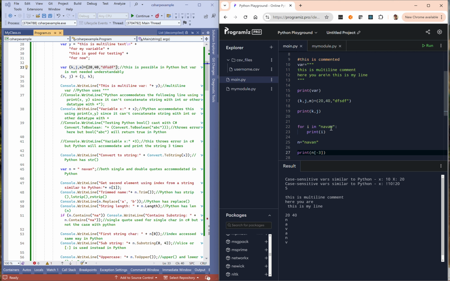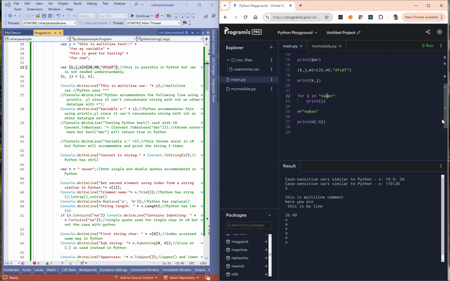So n here stands for -1, -2, -3. So the reverse is also possible, like how you do 0, 1, 2. So reverse is possible with Python, which is very interesting. I tried that negative index in C# and it did not work for me. Then the other thing that you can try is